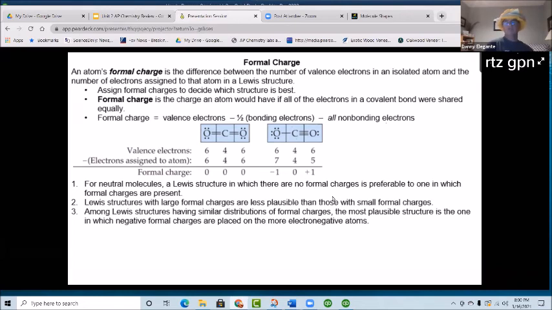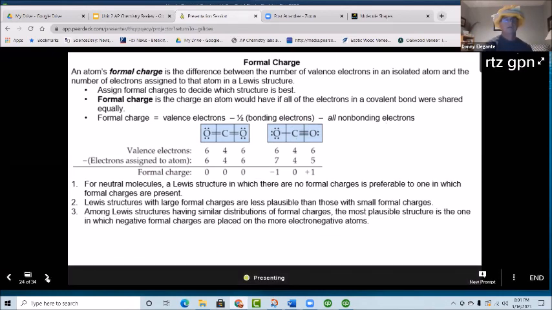The goal is for everybody to have a formal charge of 0. But if somebody has to be positive and somebody has to be negative, then you want the formal charge that's negative to be on the most electronegative element. So if somebody had to be negative, it should be whoever the most electronegative element is, right? So